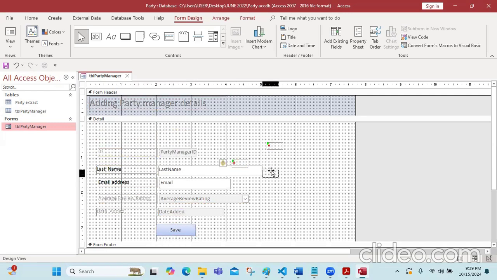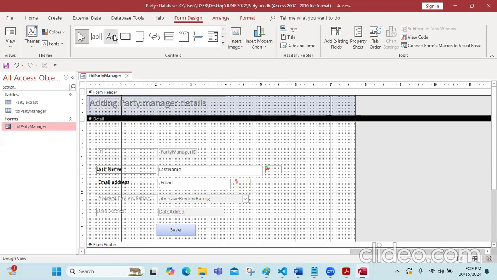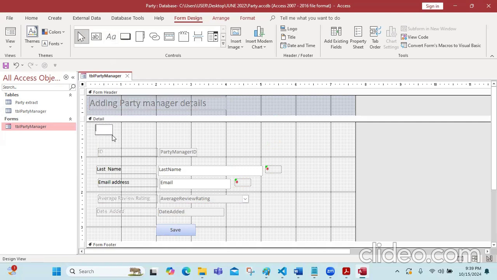Okay. So you can put a label here and say, "Please enter last name, party manager, last name and email address,"